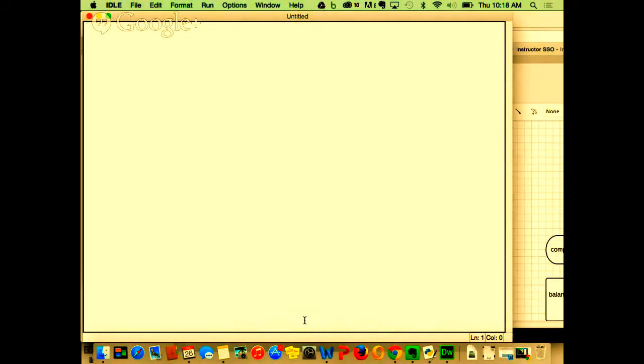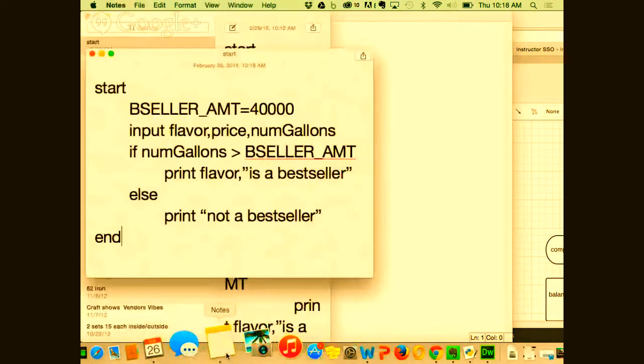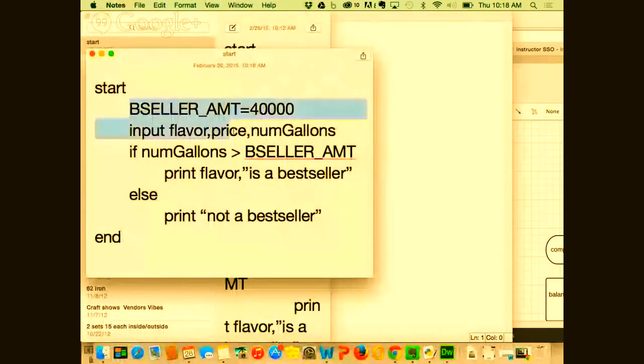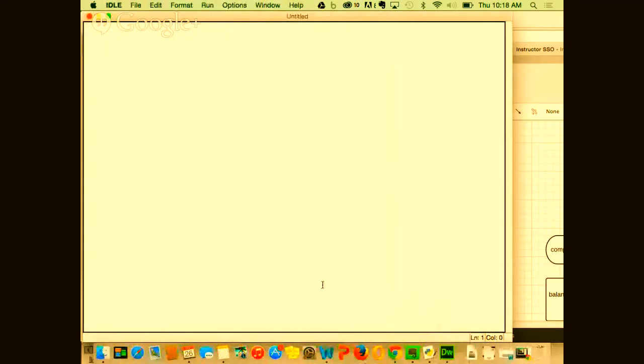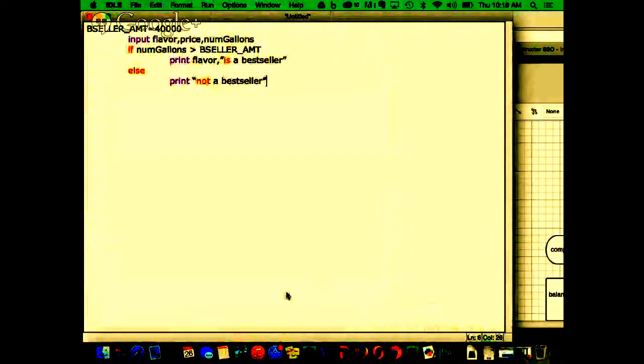Okay. Well, I'm going to type it in here because that's what I showed him how to use. Actually, I'm just going to go into my pseudocode. What I usually start with is just copying this, except for the end, and then you can modify it. It's up to you whether that's easier or more difficult for you. Because this time we're not going to use a function. So we're going to set bestseller amount equal 40,000.